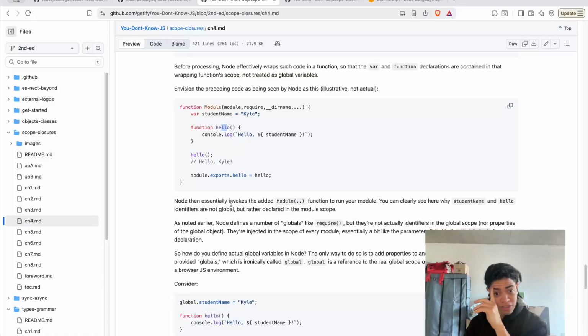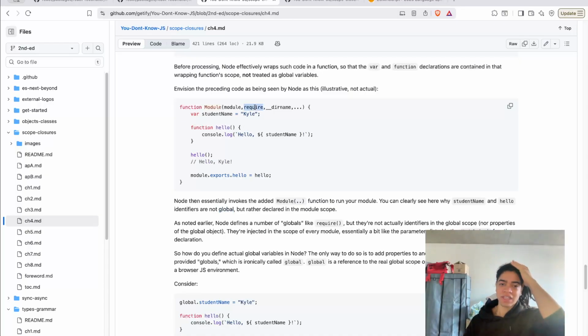Node then essentially invokes the added module function to run your module. And you can clearly see why the student name and hello identifiers are not global, but rather declared in the module scope. As noted earlier, Node defines a number of globals like require, but they are not actually identifiers in the global scope, nor properties on the global object. They are injected.